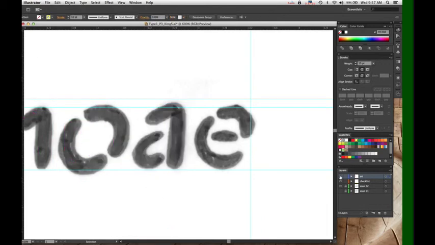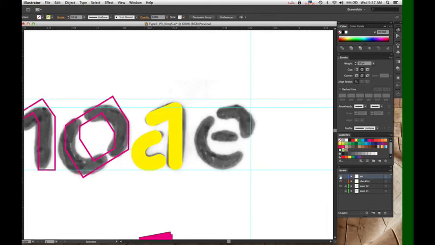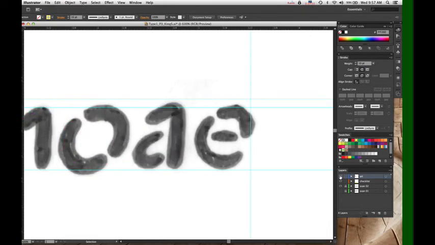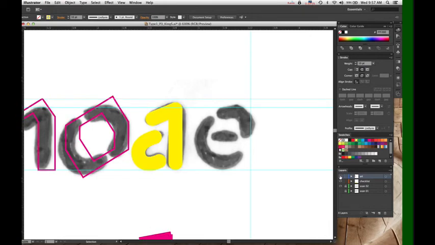Now, let's say I've gotten to this point with my letters. It is still not exactly what I want. It's close, but it's not exactly what I want. I want to adjust the outlines a little bit. I want this curve to be broader. I want to have a little bit of a curve on the inside. There's a bunch of little things I want to adjust.